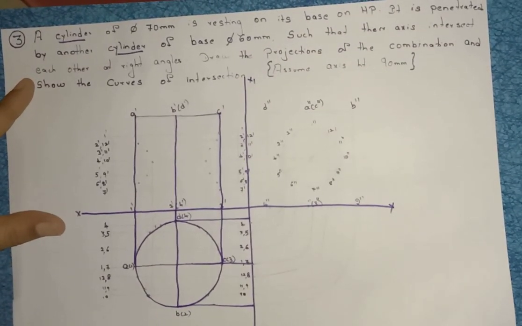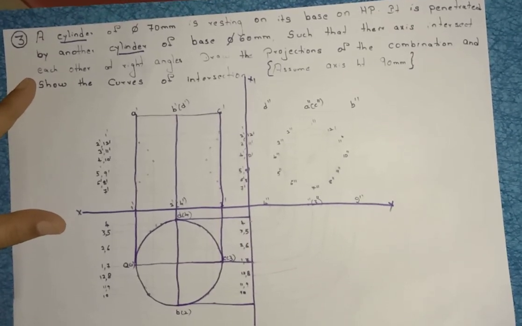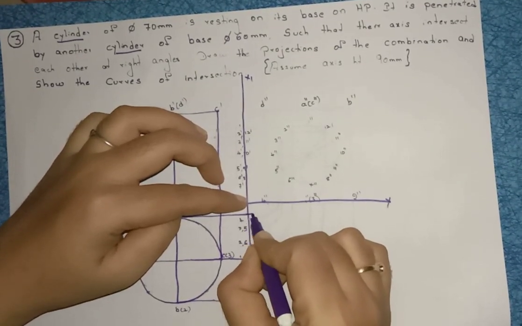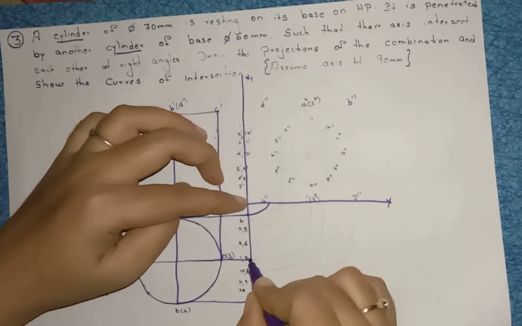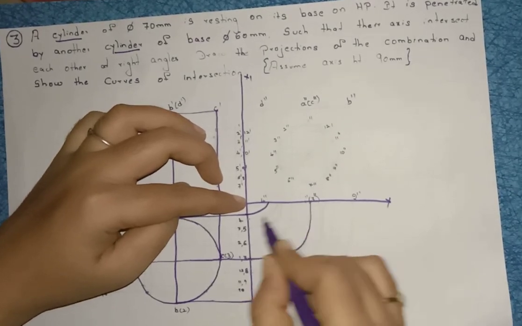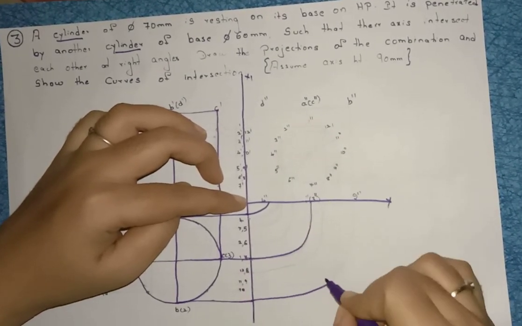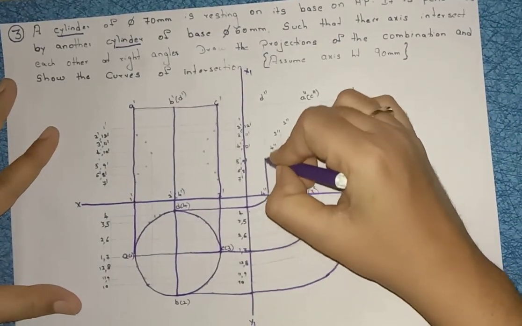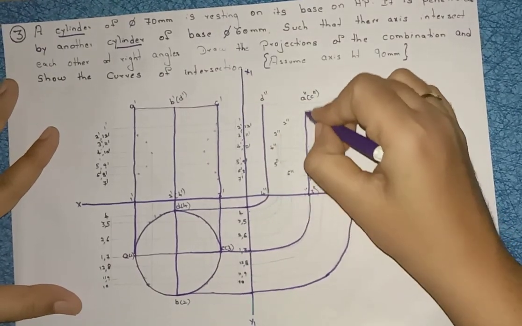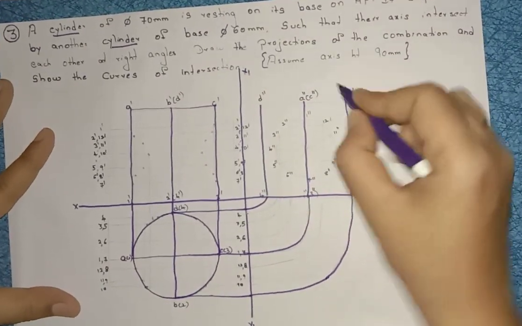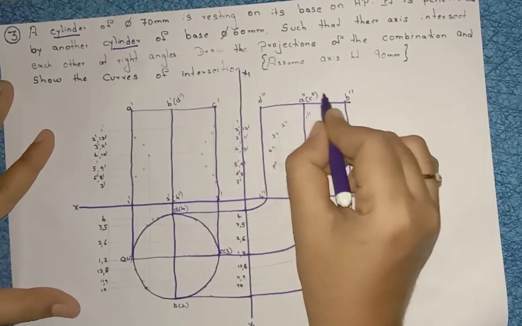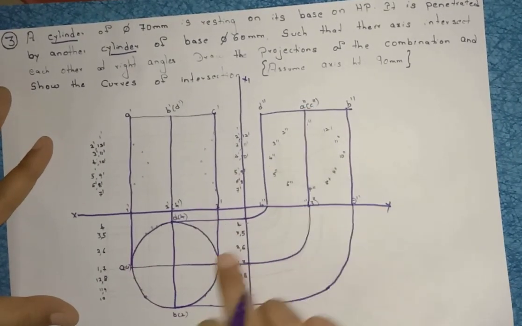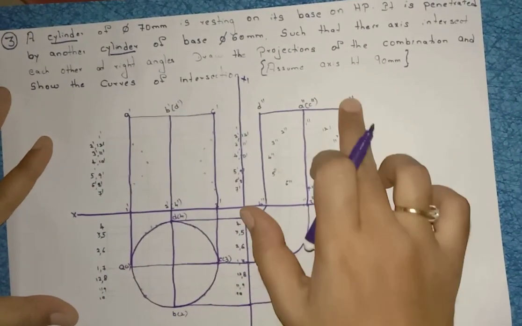After that, what you have to do? Keep your compass here, take this distance, draw an arc. Keep your compass, take this distance, draw an arc. Keep your compass here, take this distance and draw an arc here, right? Now project this one, axis height is 90. Project this one, axis height is 90 here. Join this one. So this is side view, indicates with double dash, D double dash, 4 double dash, A double dash, C double dash, 1 double dash, 3 double dash, B double dash and 2 double dash.